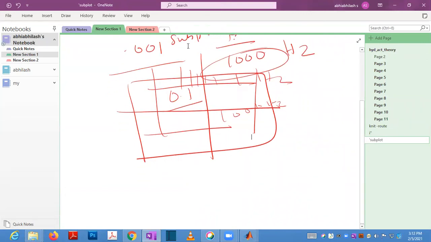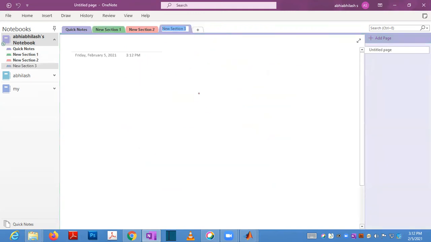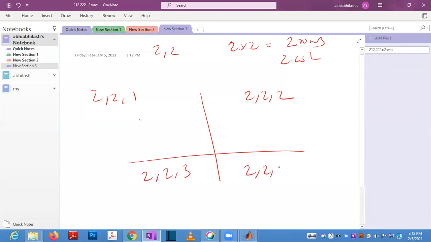If you want more things in one session, subplot of 2 comma 2 will create 2 rows and 2 columns. Subplot 2 comma 2 comma 1 is this one, 2 comma 2 comma 2 is this one, 2 comma 2 comma 3 is this one, and 2 comma 2 comma 4 is this one.